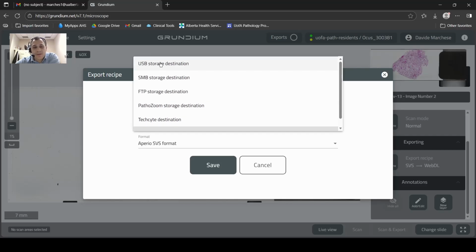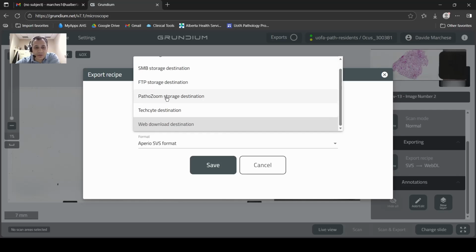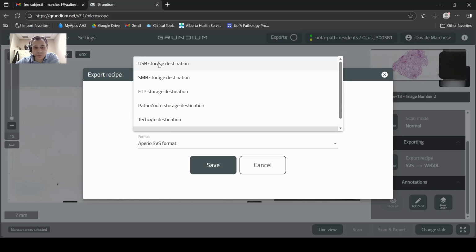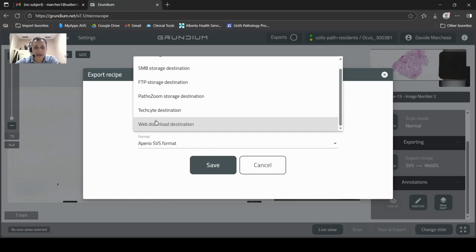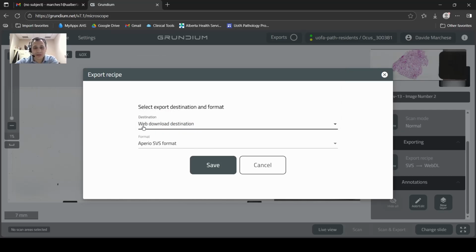And for the destination, we are working on getting the images exported to a central online repository. In the meantime, you can use either web download destination or USB storage. For USB storage, that's something like a solid state drive, which the residents will share and move around. You can just plug it directly into your computer. And for web download destination, if you click this and hit save and then hit scan and export, what will happen is